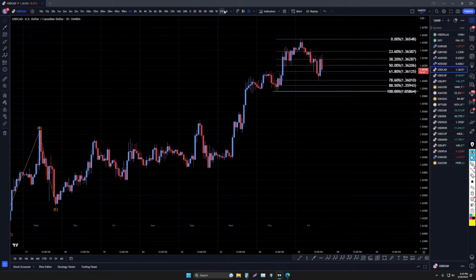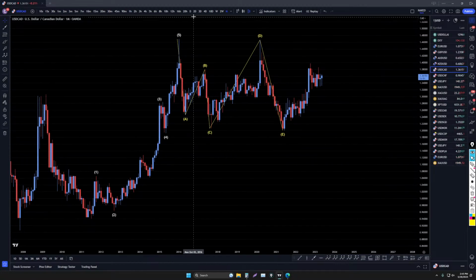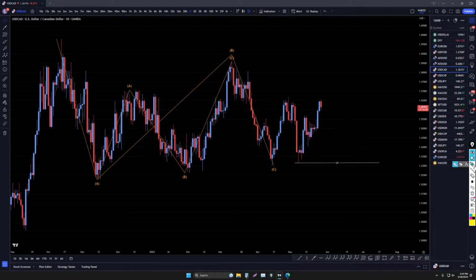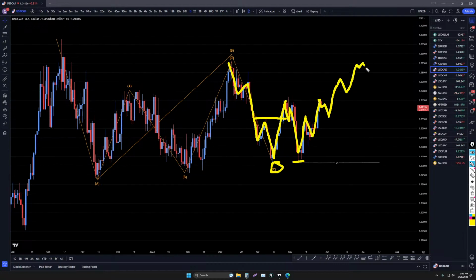So the US dollar Canadian, let's head up to the monthly time frame. The daily time frame, that is. So on the daily time frame, I think there's a good chance this is the end of an ABC right here. It looks to me almost like a perfect downtrend, like a 1, 2, 3, 4, 5 of C. Then we have impulsive up, we have a break of structure, and then we have 3 waves down again. And then we have a little bit of a higher low, and it's been trending up ever since. So I still think this trend is up. I still think it's more likely to just end up continuing the uptrend, making those higher highs and higher lows.